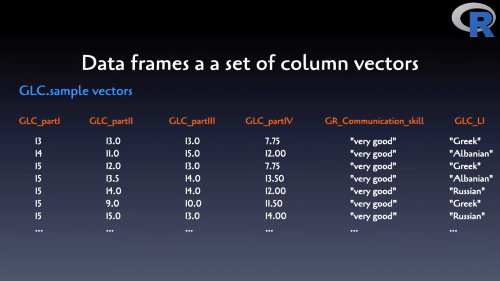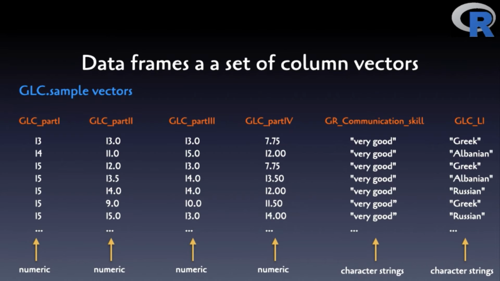Note that the data types of the columns do not have to be identical. The first four columns of the data frame are numeric, and the last two are strings. In other words, this data frame is a rectangular data structure with 6 columns, which essentially means that each column has the same size. Let's head to RStudio to create a data frame and use R to inspect its basic